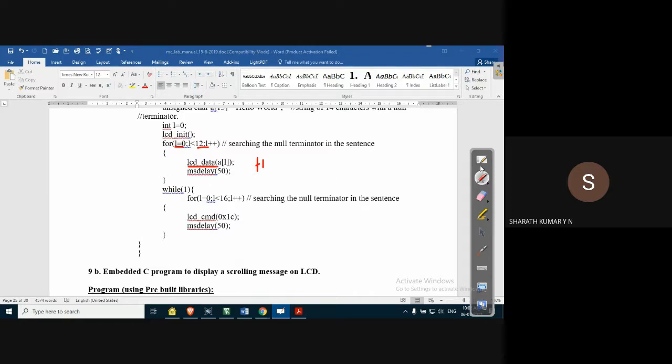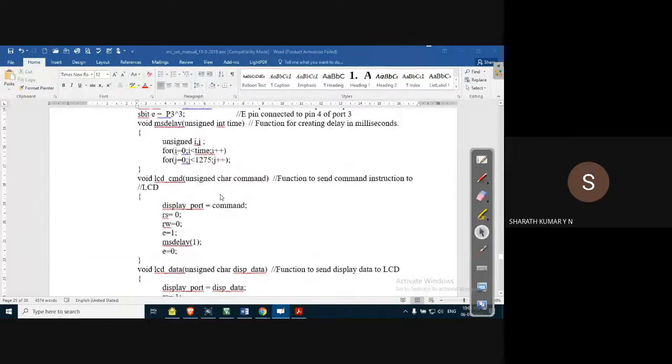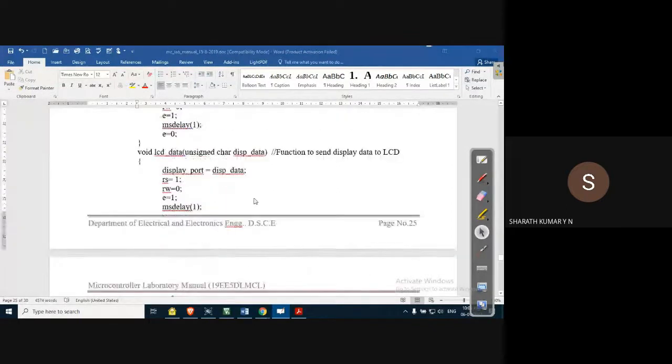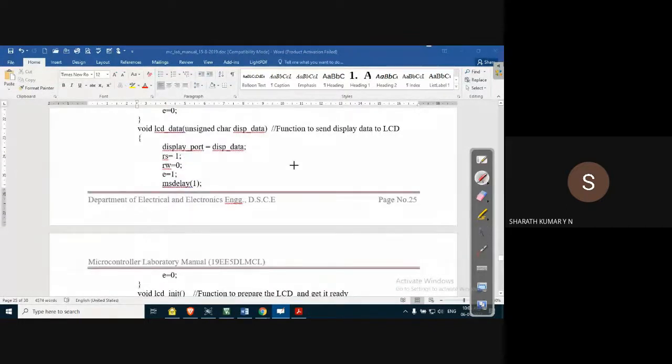What does the LCD data function do, by the way? Let us quickly jump back to the LCD data. Here it is. What does LCD data do? Whatever character is received in this function will be sent to the port, so that that particular character can be displayed on the LCD display.